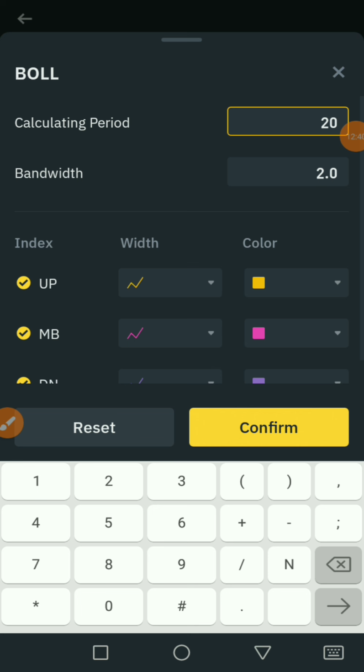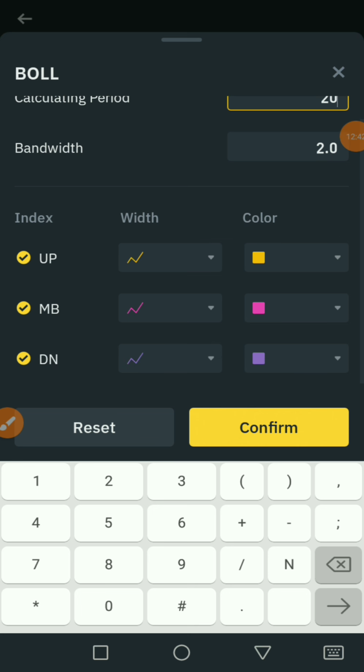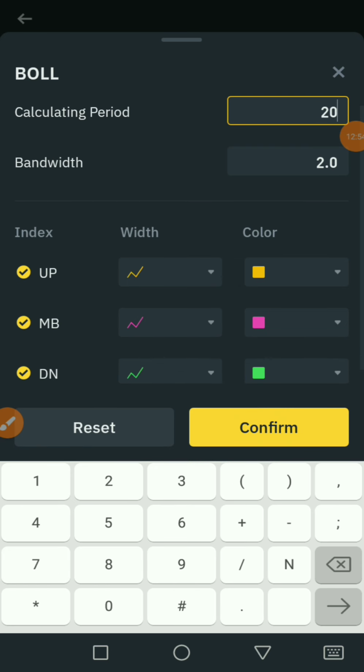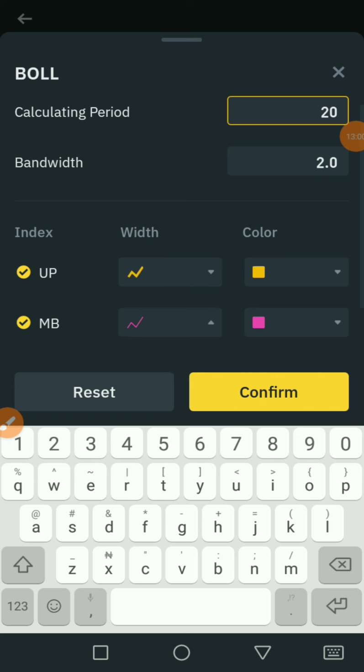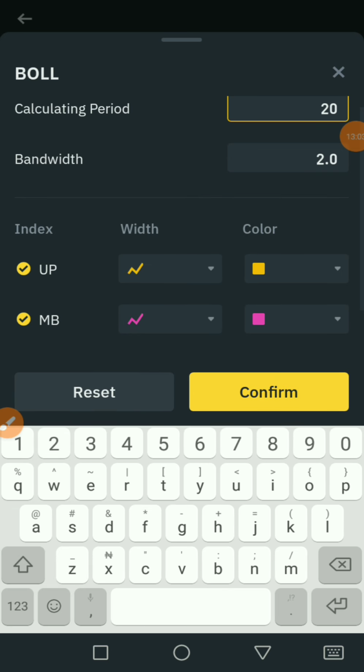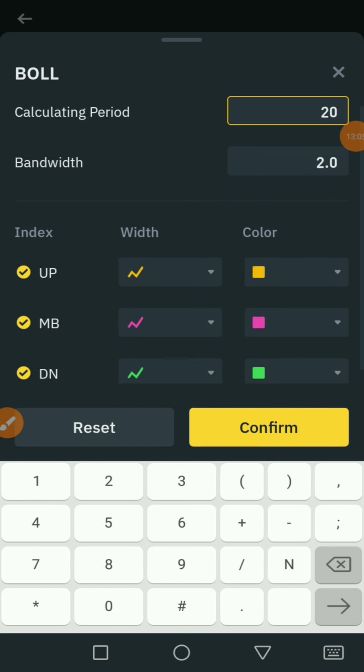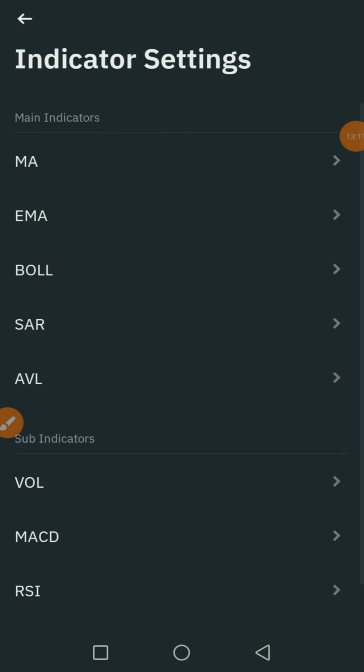All right, if you want, you can actually change the color to not get confused. So you can just change the color. Let me change this last one, this DN, to maybe green. All right, and then increase the thickness of the line so that I can see it properly, like I always used to say, most of us use glasses. So after all these settings, the next thing you have to do is click on confirm over here,